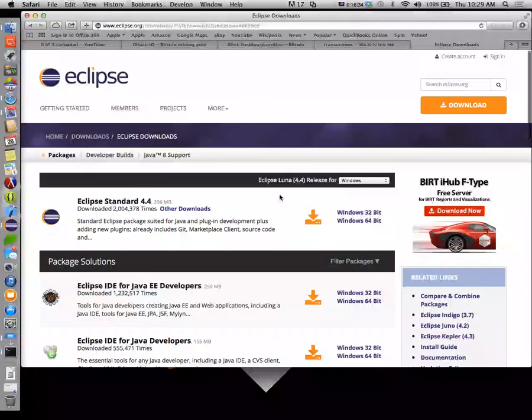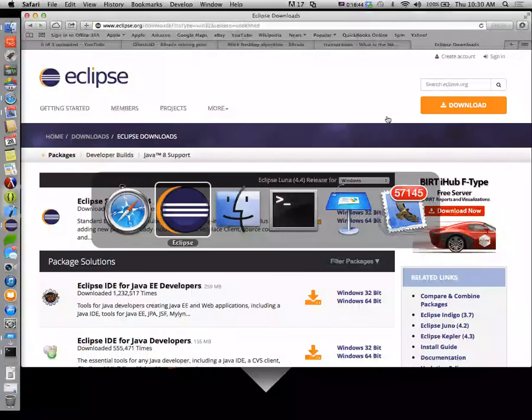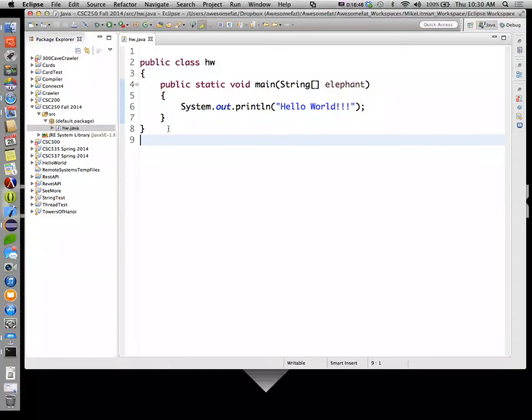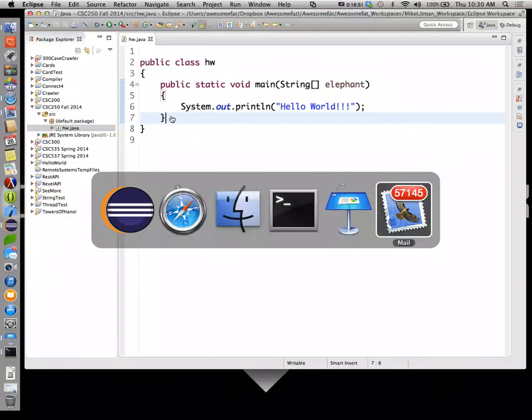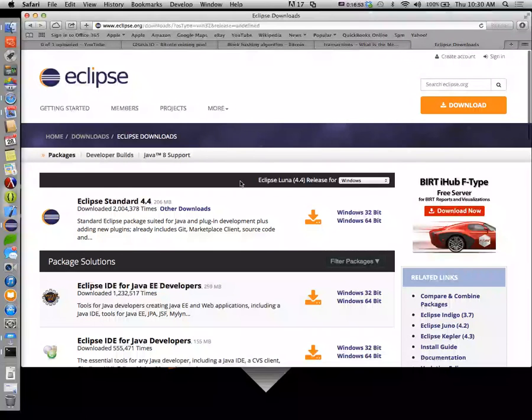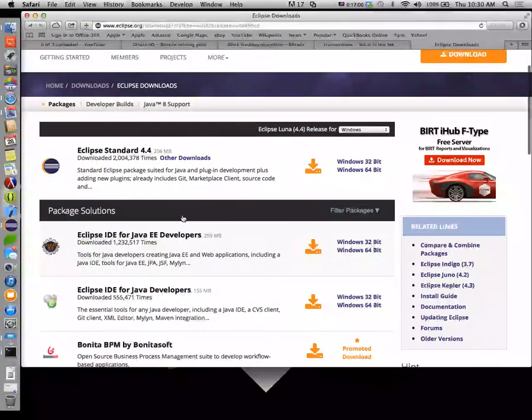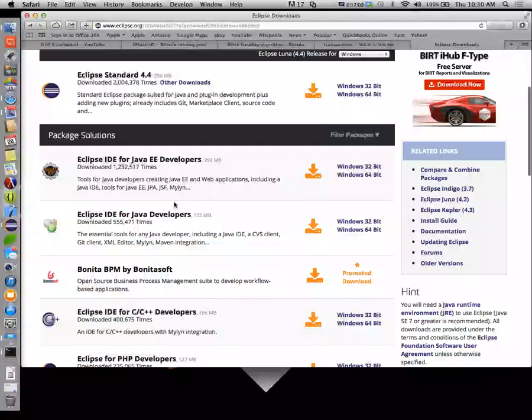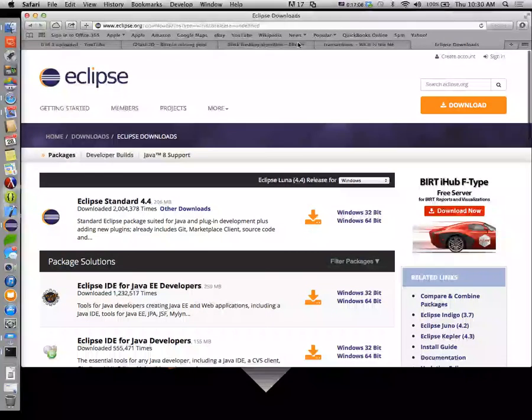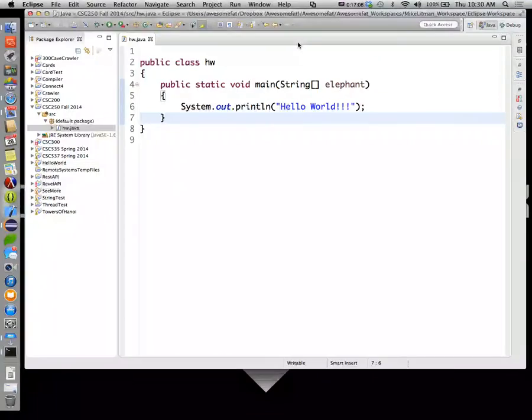Does it come with the Java virtual machine? Yeah, it should be all self-contained. Okay. I believe it's all self-contained. If there's a licensing problem, it'll say. There's tutorials on Eclipse in here. I went to download it yesterday, and I think I downloaded standard instead of. Yeah, the standard will throw your error for JVM, but the developer package won't. Oh, this one already has the JVM in it. Okay. So, any other questions on Eclipse?